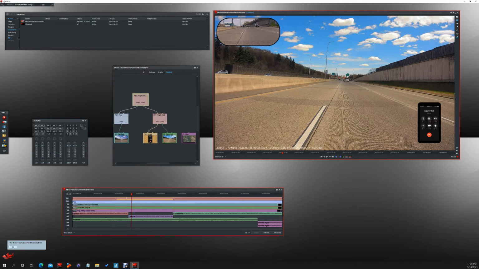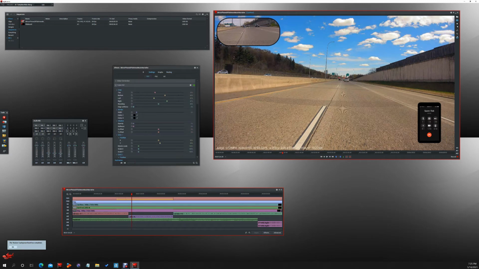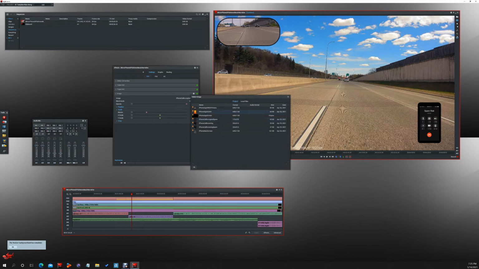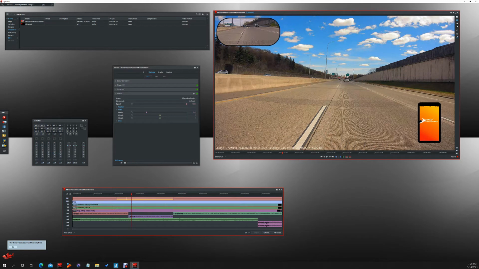I'll go in here on the settings, and you're going to have to pay attention to these tabs up here. So that's FX1, FX2, and the audio, which is running the loudness curve. But anyways, in this image, I can change to that, which is the Scenic Moto navigation app. That's a cool app too, if you're interested in it. But if I want to look at that or use that in the video, I can just swap it out,